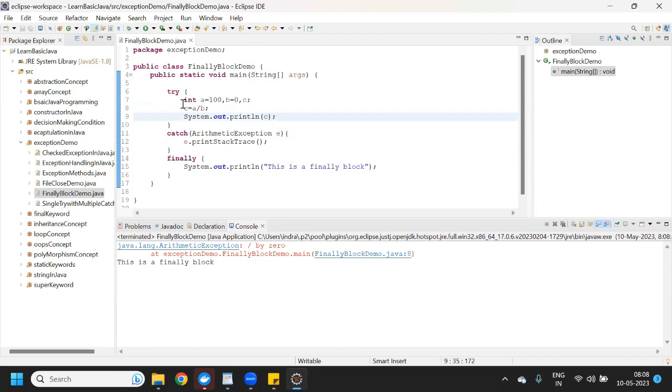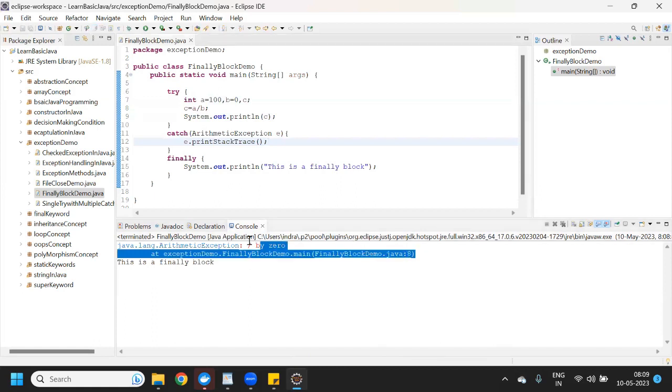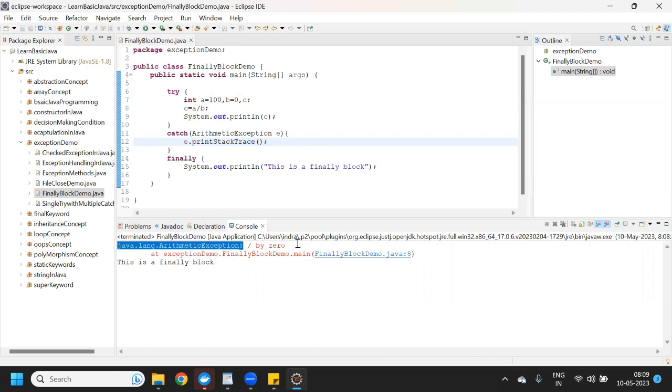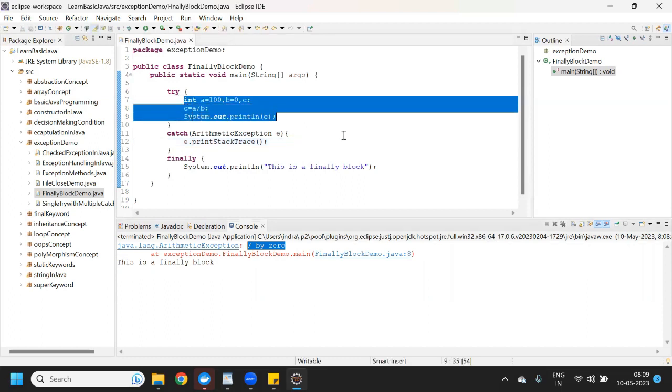So it has moved into the catch block, and after that it has given the description of why it is throwing an exception and what kind of exception it is. It is an arithmetic exception. The detailed description shows why: we are dividing a number by 0. That's why it has thrown the exception.